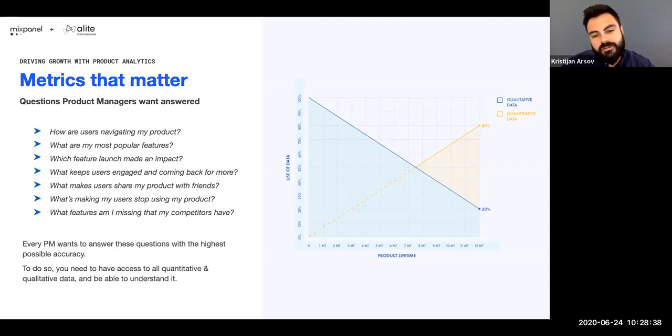And as you start growing your product and getting those users in, you'll start getting more and more quantitative data. And that's when you start relying your decision more on quantitative data. So stuff like product analytics, stuff like marketing campaign performances, KPIs, etc. And to be able to make those data-driven decisions.